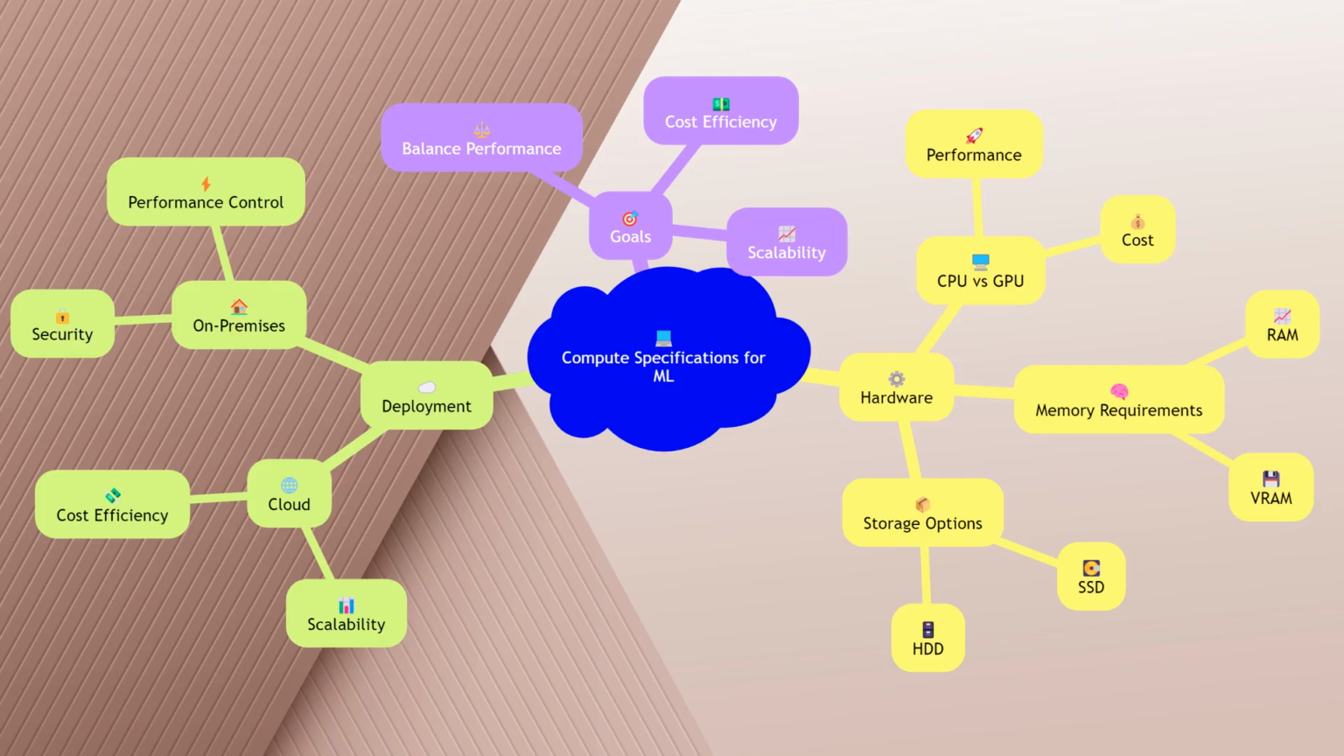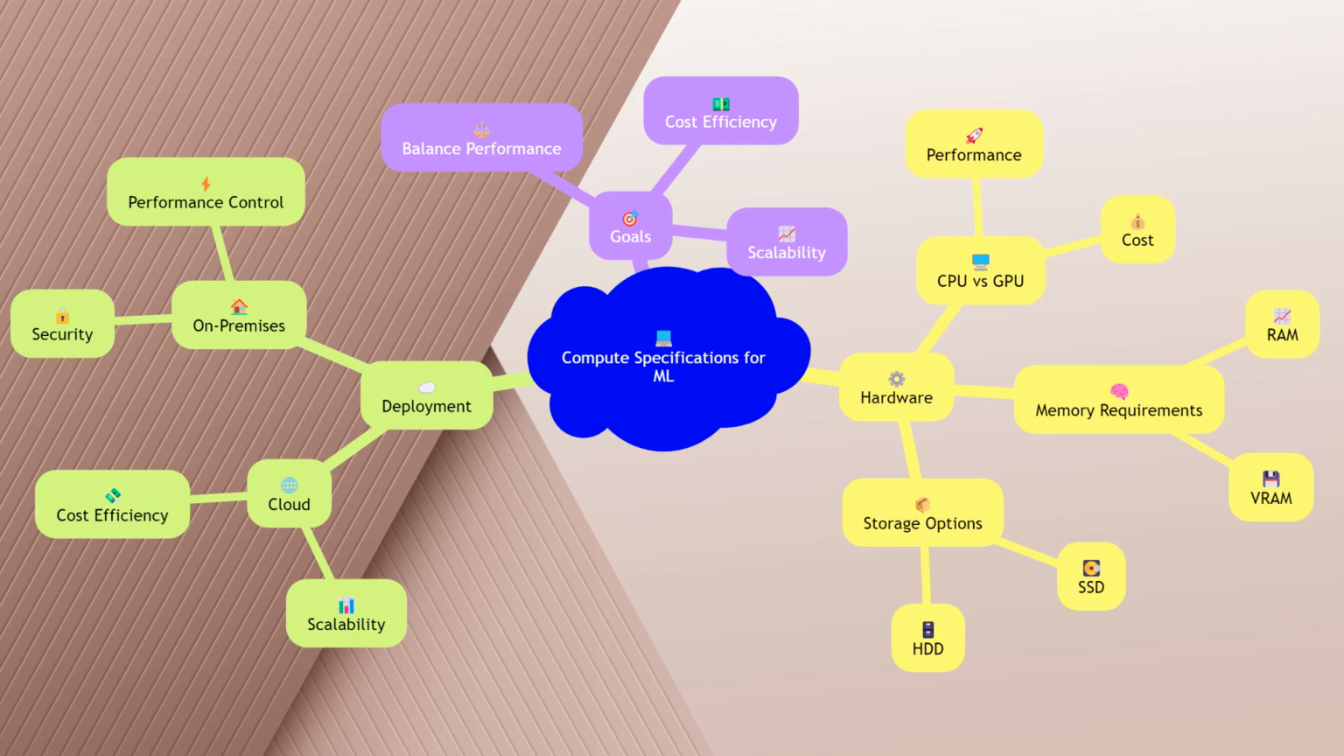In the realm of machine learning, determining the appropriate compute specifications for a training workload is crucial. This involves selecting the right hardware and software resources to ensure efficient and effective model training. The goal is to balance performance, cost, and scalability. This presentation will delve into the various aspects of compute specifications, including CPU versus GPU, memory requirements, storage options, and cloud versus on-premises solutions. By the end, you'll have a comprehensive understanding of how to tailor compute resources to your